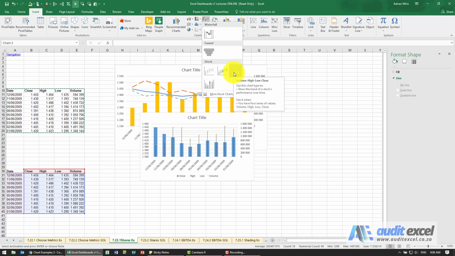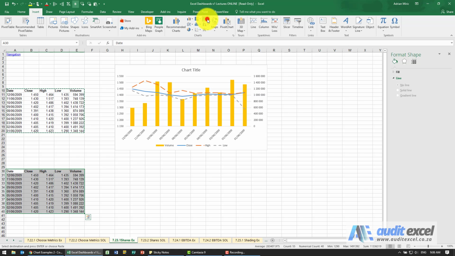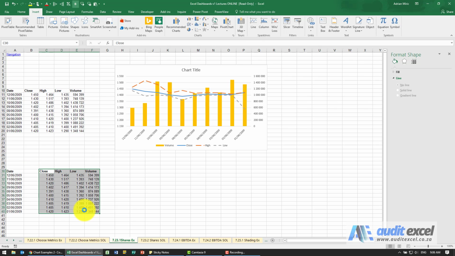Now the important thing to realize is that the order that it's named is the way the data should be, and at the moment we've got close high low volume, so it might be useful. I've used Control X just to move it around. So what we've now got is the data in the order that the chart would like it. So you could have either done what we did or else just linked to these cells, but now it should